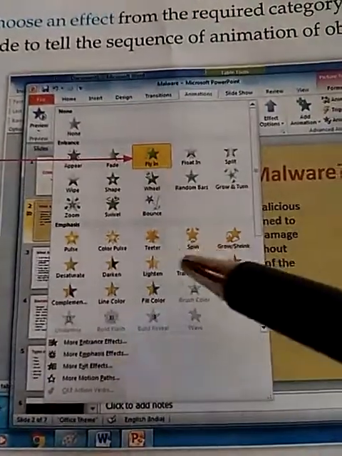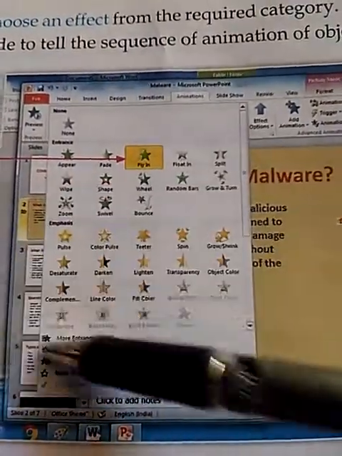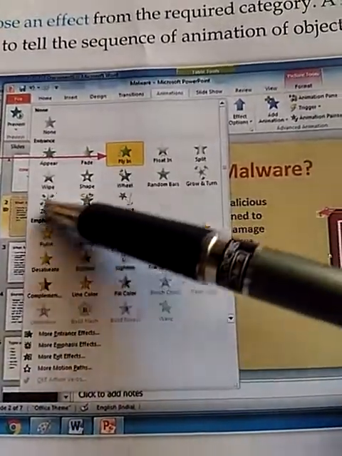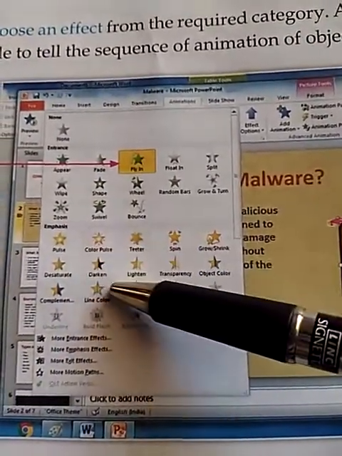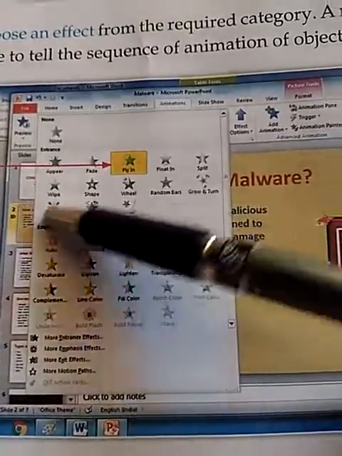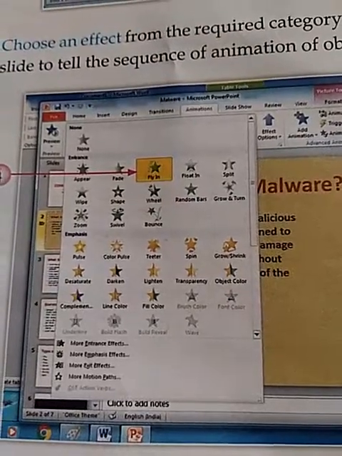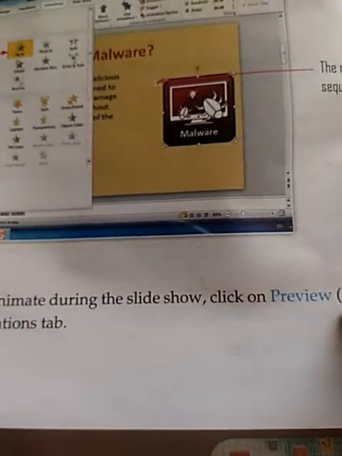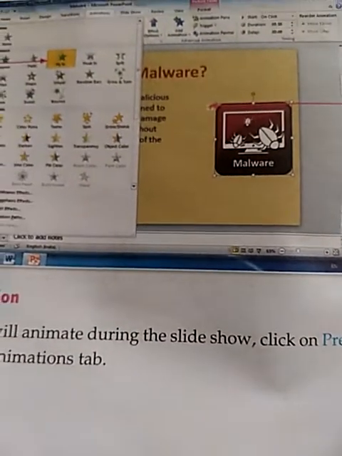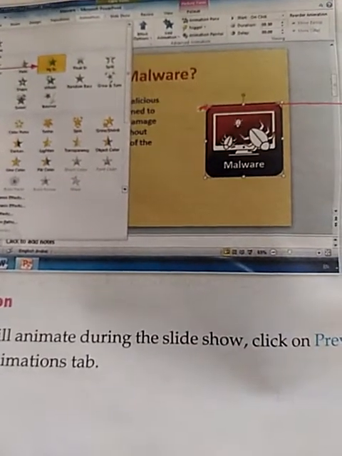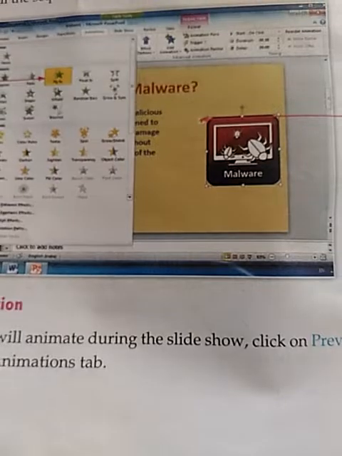Means if you click on this more button, a drop down box will appear. It will show you the effects of entrance, emphasize and other categories of animation. You can choose any of the animations from here according to your requirement. After that, click on this preview button to show the animated effect. So you can add the animation in your presentation in the following way.